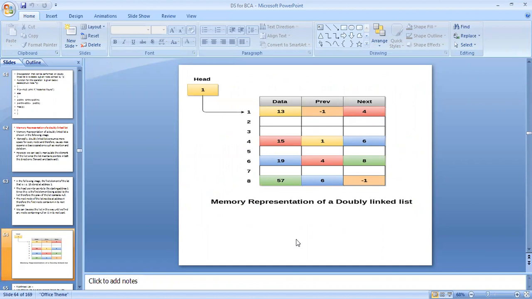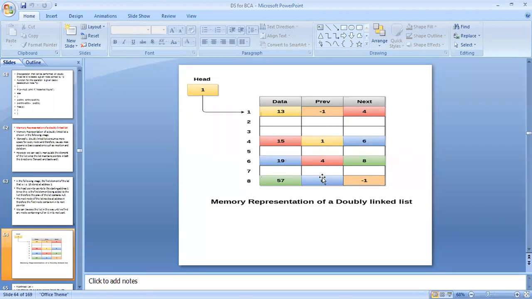The memory representation of a doubly linked list. The first node is 13, then 15, 19 and 57. First node, that is 13, its previous part is -1 and next part is 4. Same like 15, its previous part is 1 and next part is 6.